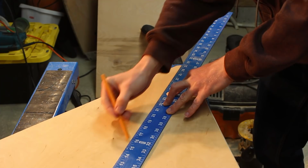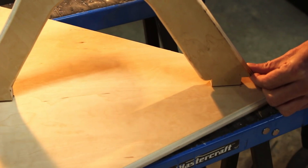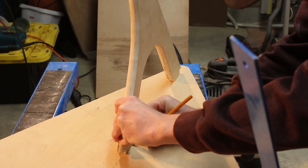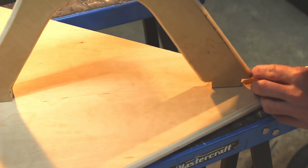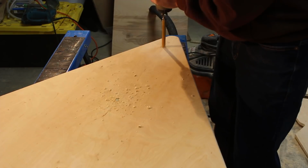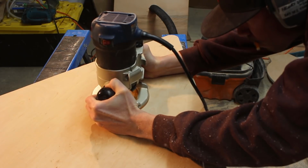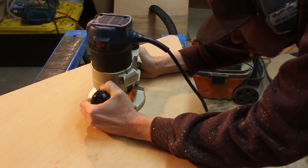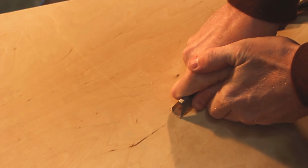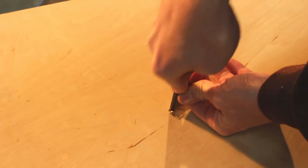Now to lay out where the legs are going to fit into the plywood, basically I used the leg itself to lay this out instead of relying on the plans, just so that I was able to make sure that it was perfect. Now the way that I did this was I first drilled a hole into the 2 rectangles that I drew, and then used the router to step down about 1/4 inch at a time, going down to a little more than 1/2 inch, so it didn't go all the way through the plywood. I used a knife and a chisel to square off that hole and fit the leg right into there